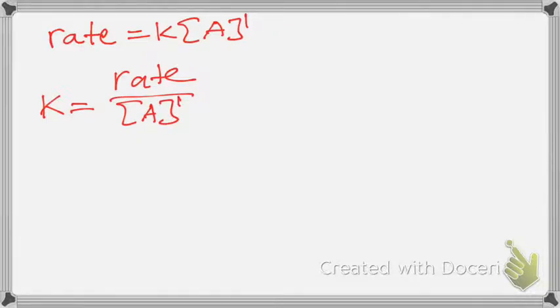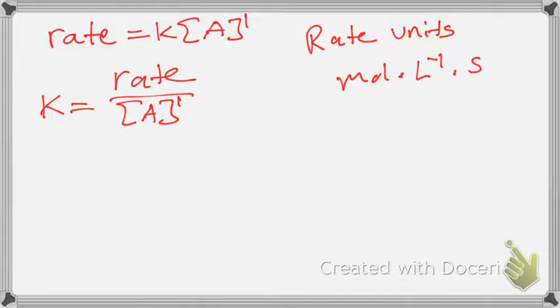So the units of K are going to be dependent upon the units of rate and the units of the concentration. So again, the rate units are moles per liter per second, and the concentration